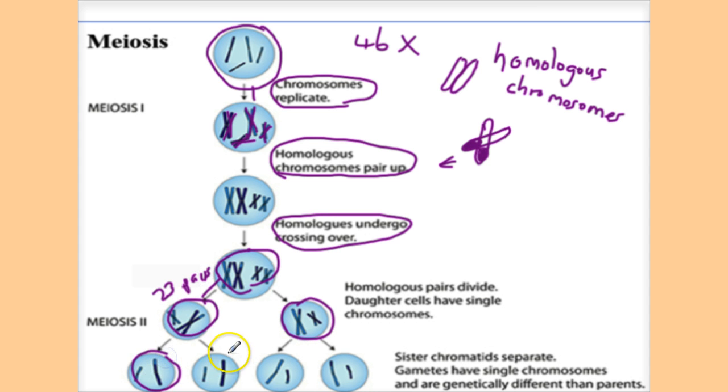Eventually, you will have 23 chromosomes in each daughter cell that is produced. There is definitely a better video explaining this and using a lot of technical terms. All you need to know is that we start off with 46 chromosomes, and this is of course with human